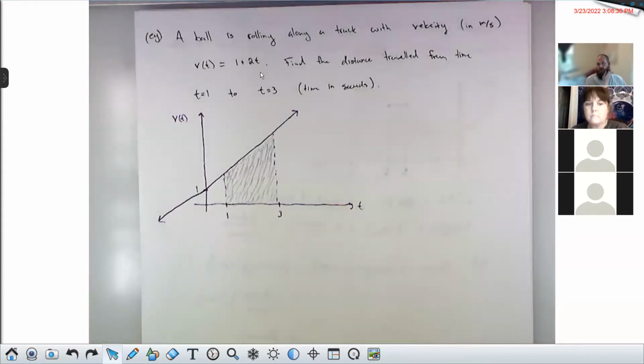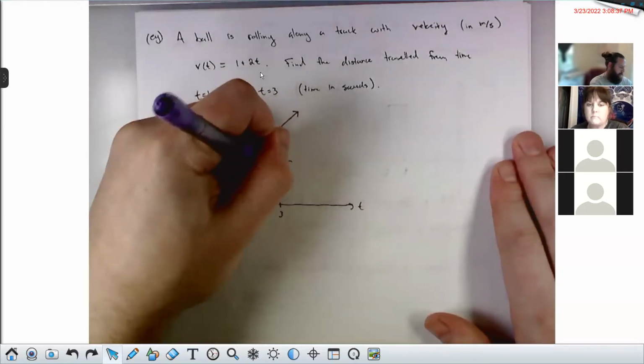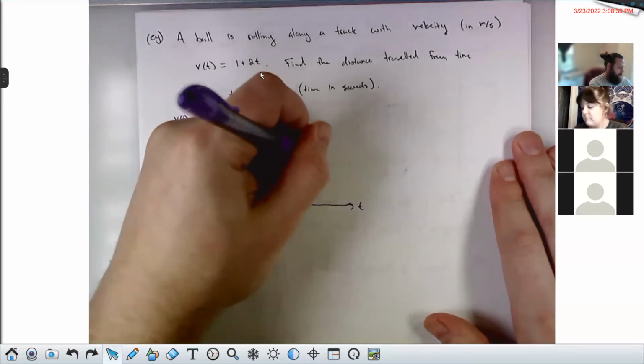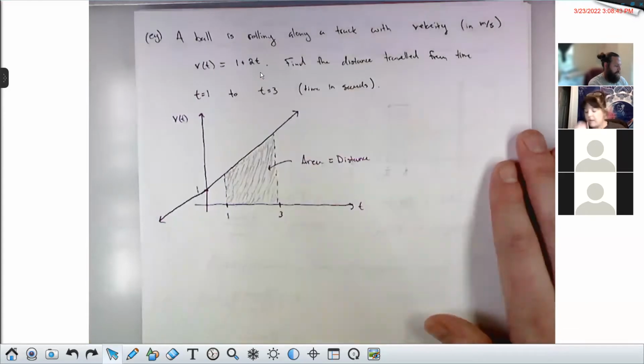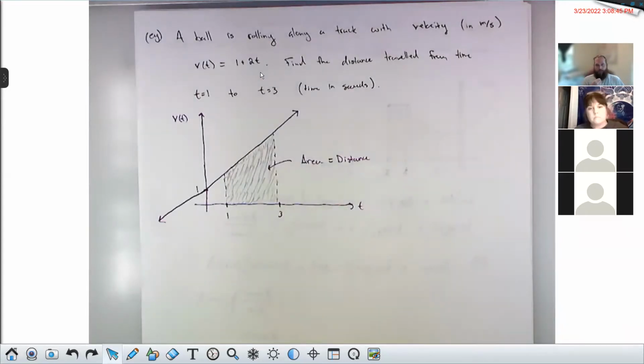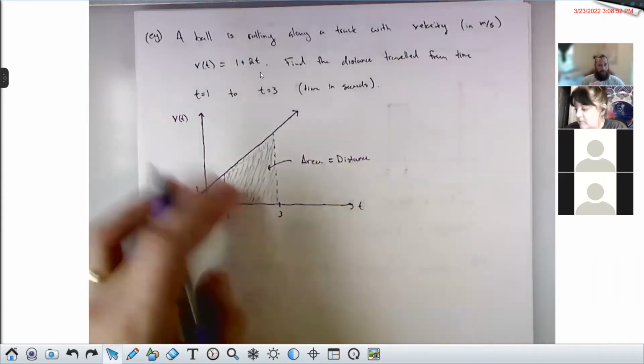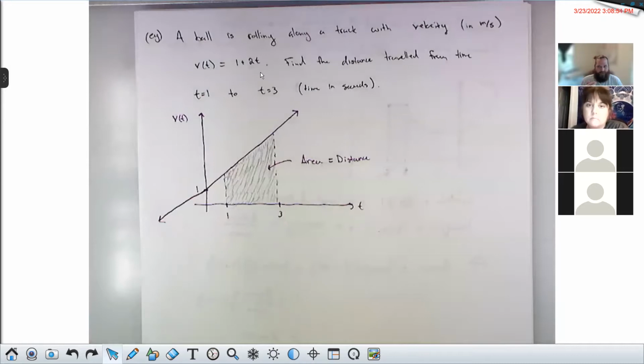Looking for this area. This area is equal to the distance. And because the boundary isn't curvy, I mean, sure, you can set up a Riemann sum here. You could send n to infinity in Rn, but you're giving yourself a nasty headache when one isn't necessary, because